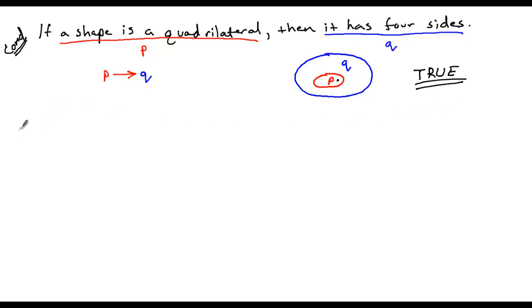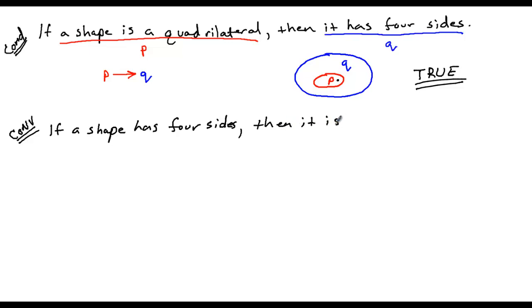So now we're going to come down here and I want to write the converse of this statement. Now remember, I'm going to switch the hypothesis and the conclusion. So if a shape, and I don't want to say if it, because that's just bad grammar, if a shape has four sides, then, now remember that here comes the conclusion, then it, because we've already identified that it is a shape, then it is a,